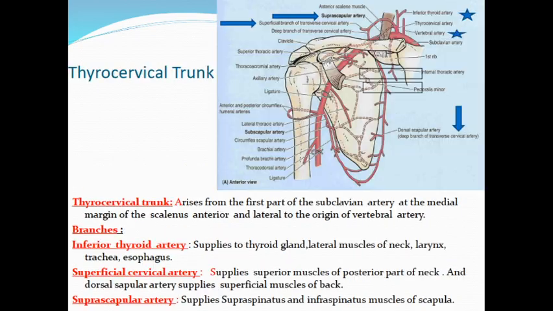Internal thoracic artery, it is a branch of first part of subclavian artery. It is also called an internal mammary artery. Origin arises from. Now one by one we'll